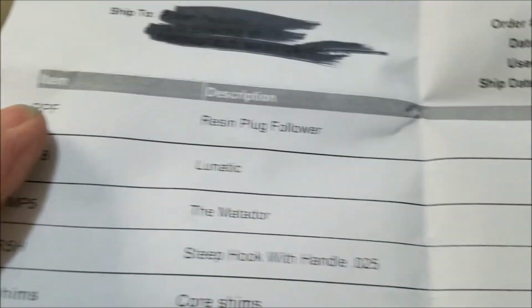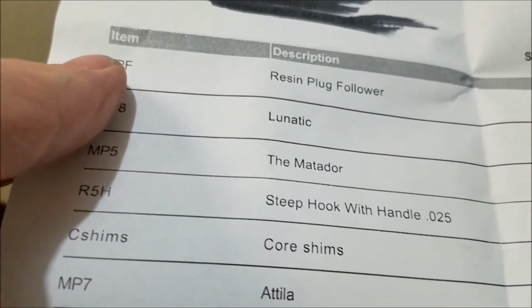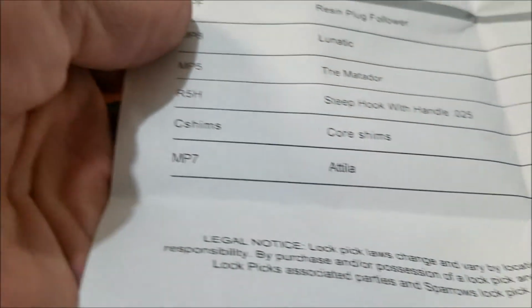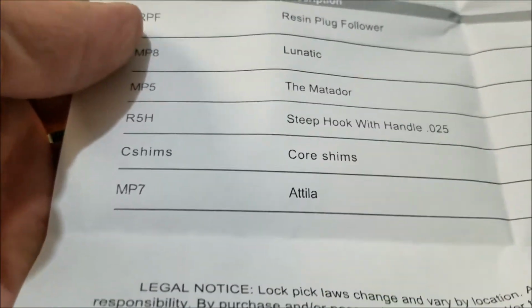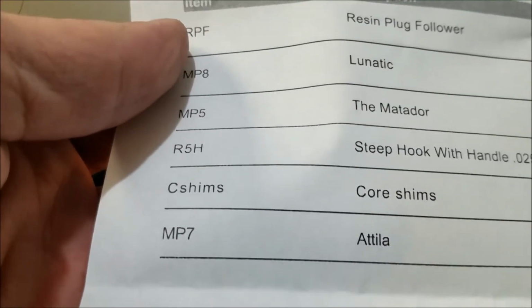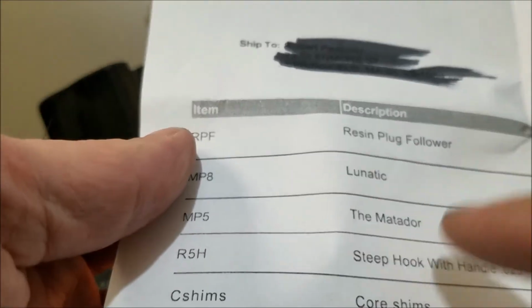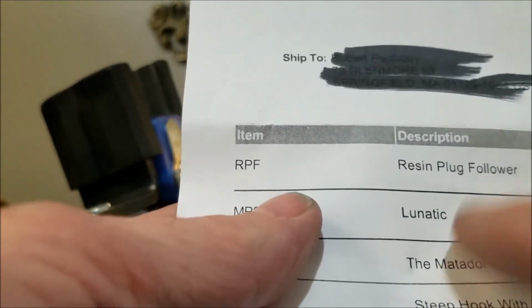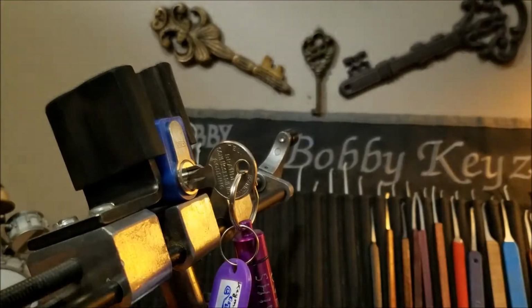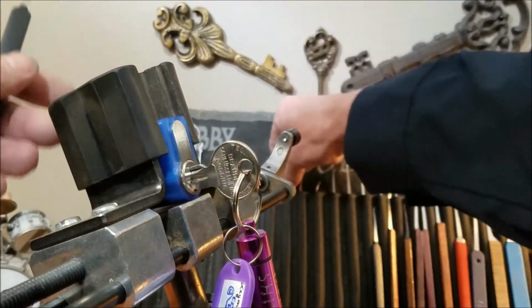I ordered, if you look over there, 2 Lunatics, 3 of the Resin Followers. I only ordered 1 of the Matadors, and I ordered 1 Atala, and they ended up giving me 2 Matadors instead of the Atala. Everything else is right. I got the Steep Hook, the core shims, and stuff like that. I don't really mind, I guess. I did email them and told them about it, but I like the Matadors anyways, and if you actually look at the one I have here,